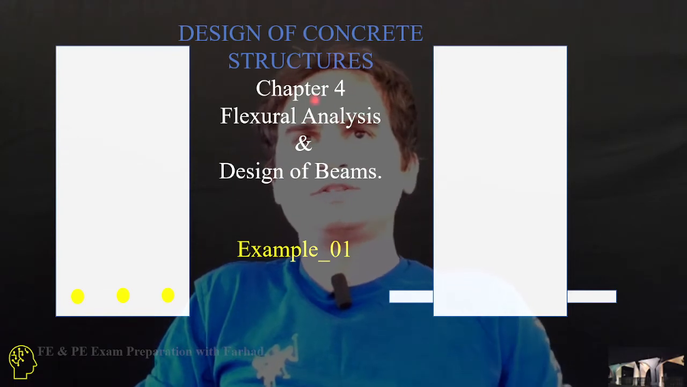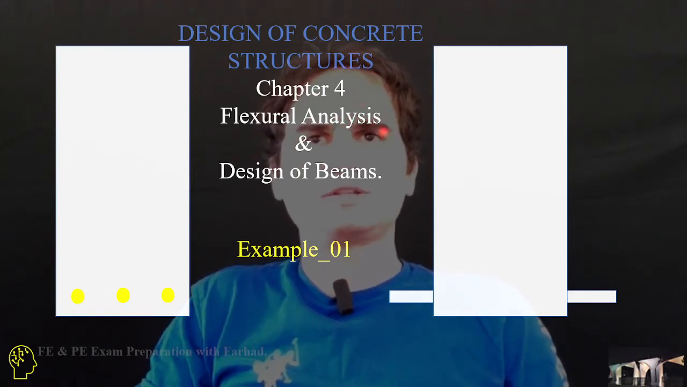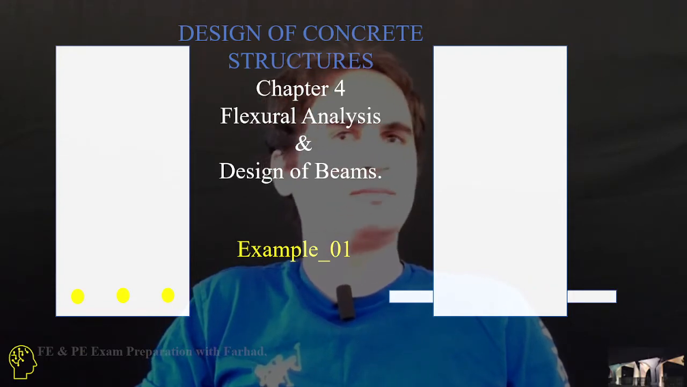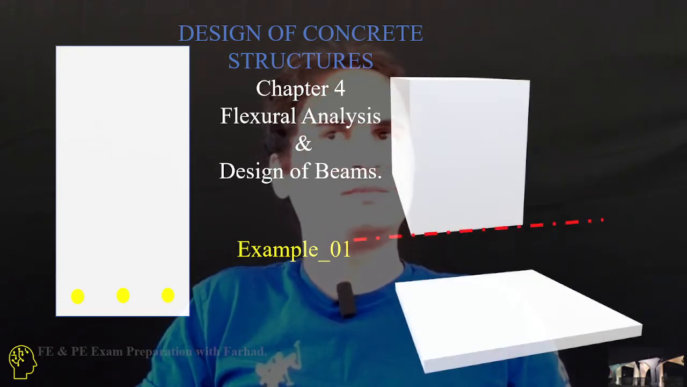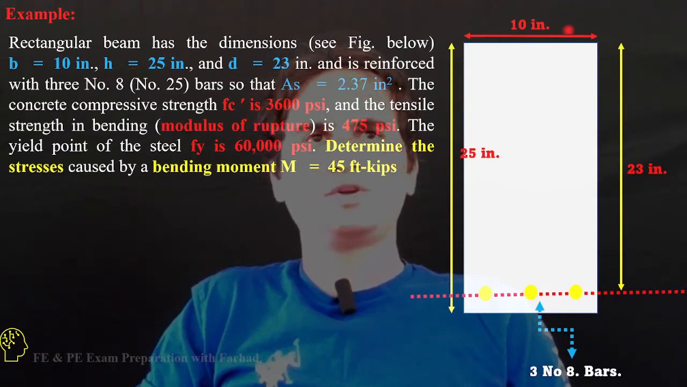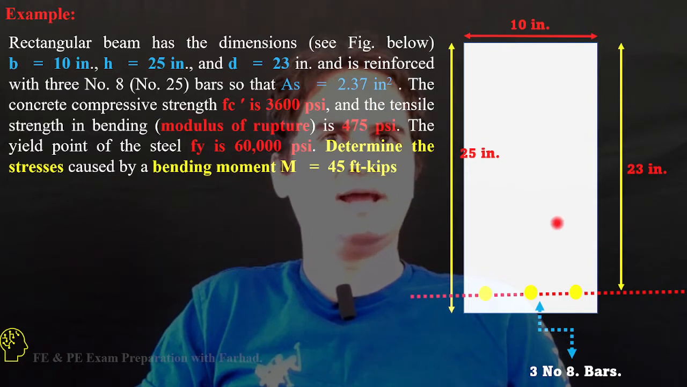Design of concrete structures, chapter 4, flexural analysis and design of beams, example 1. In this example, we have a rectangular cross section with a dimension of 10 inches in width and 25